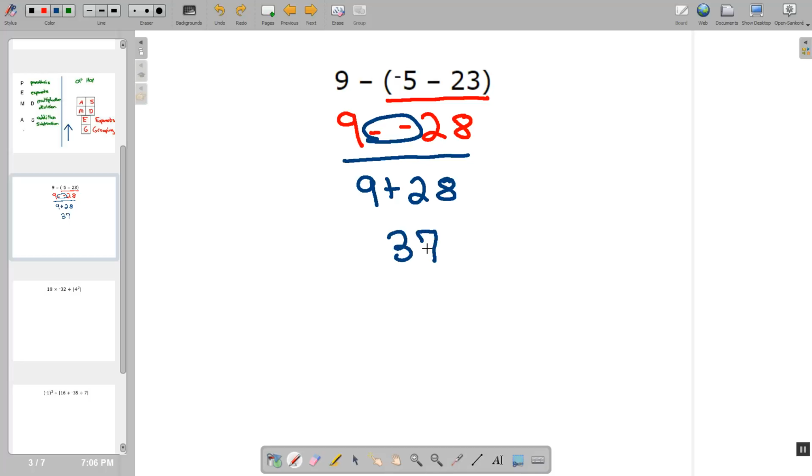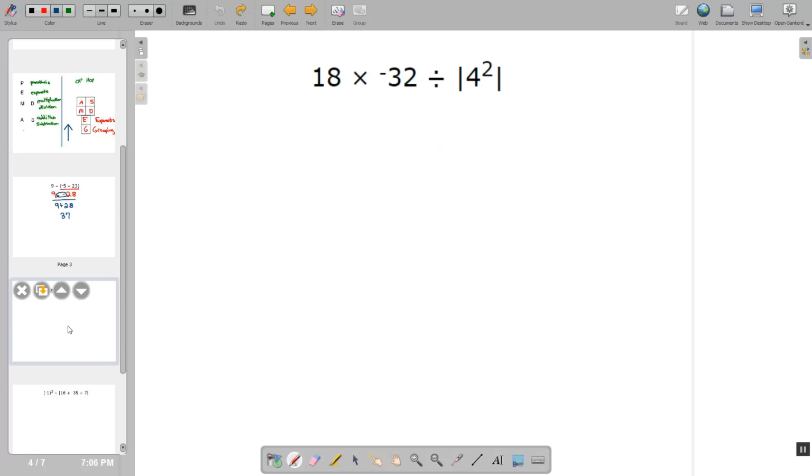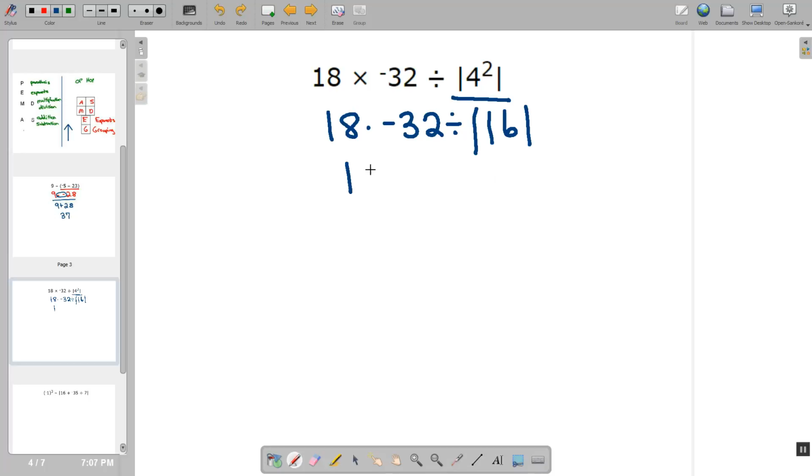Once again, we did parentheses first, one step at a time, and then addition, subtraction, second. For the next problem, we have absolute value signs here on the right. Remembering that grouping symbols come first, we are actually going to do anything inside the absolute value sign first. So the 18 times -32 and the division symbol are going to stay. Absolute value of 4 squared, that becomes 16. Now, absolute value means the distance away from 0. The distance that 16 is away from 0 is still just 16. So our problem is going to stay roughly equivalent here